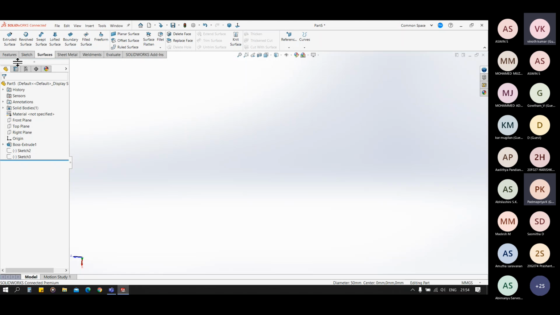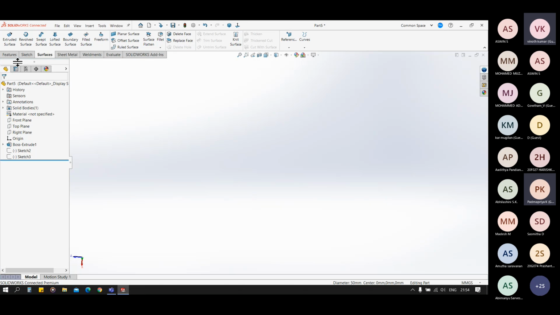Now in the extend surface, we can extend the surface by selecting an edge and giving a dimension to extend. And in the trim surface, we have two options: standard trim and mutual trim. In the standard trim, we have to select a trimming boundary, a trimming tool and a trimming surface.